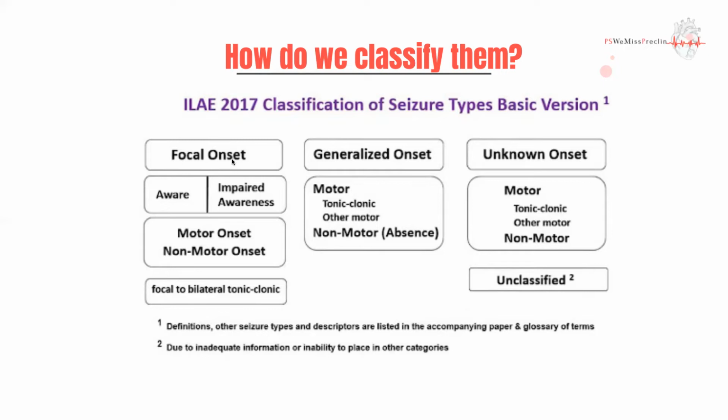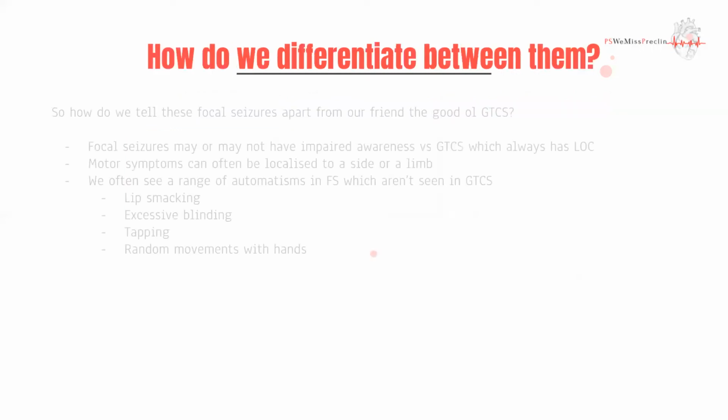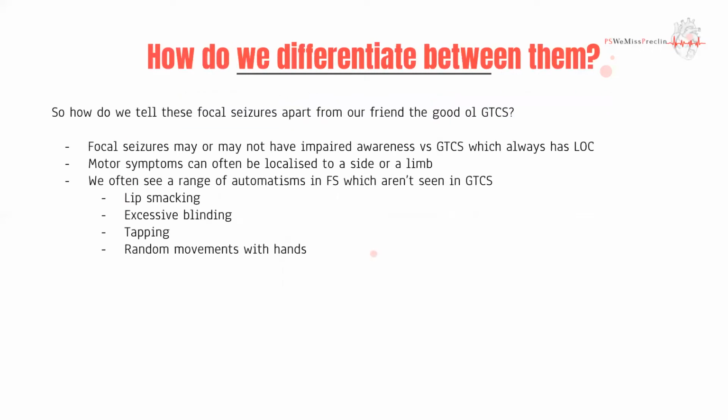But focal onset now is either with intact awareness or impaired awareness. Earlier, this was called a partial seizure, or a simple partial seizure if they were aware, and a complex partial seizure if they lost consciousness. This is now changed to focal onset with awareness or with impaired awareness. So small change, I think good to know. So let's start with our focal onset seizures. How do we tell our focal onset seizures